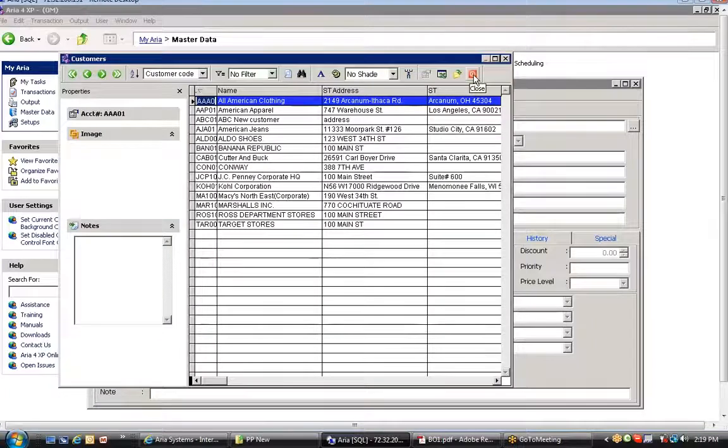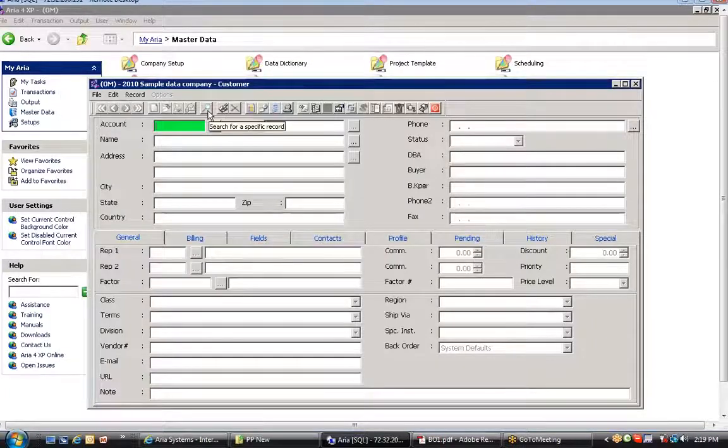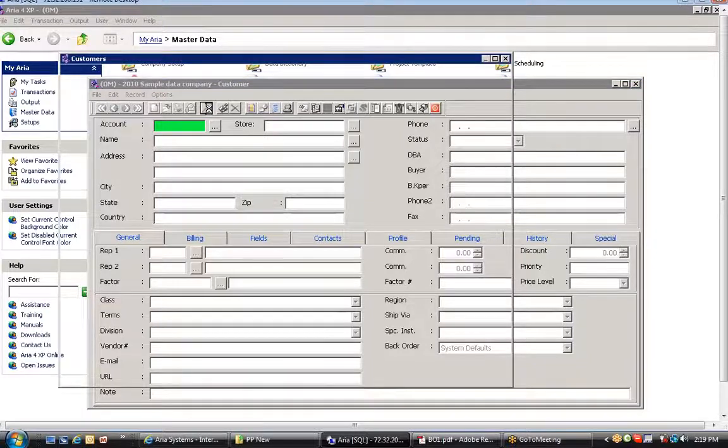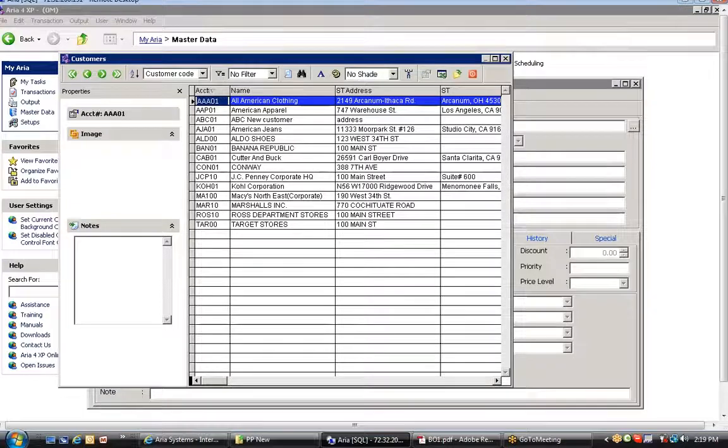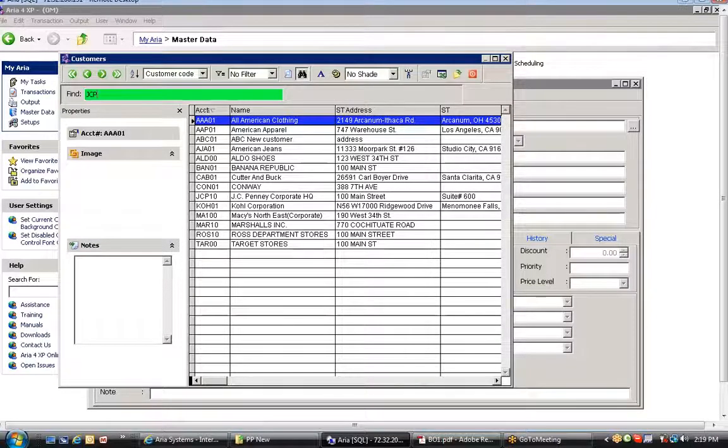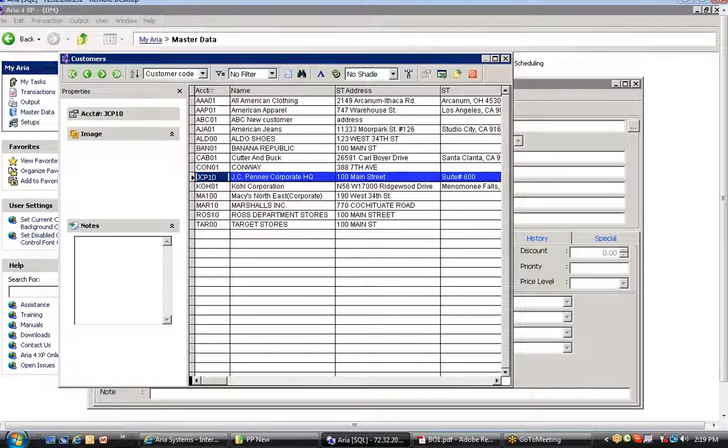So the first icon that you will use frequently is the search for a specific record. That icon, the magnifying lens, lets you browse the entire database and search for any existing record. As you can see, it opened up the customer master list, and here you can simply type in your customer account code if you know it. Once you type it in, the system will locate that customer code for you, or you can furthermore use the advanced search feature